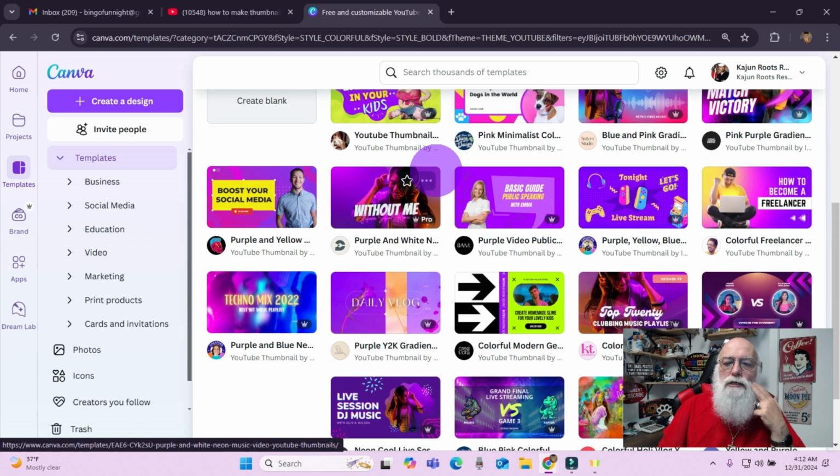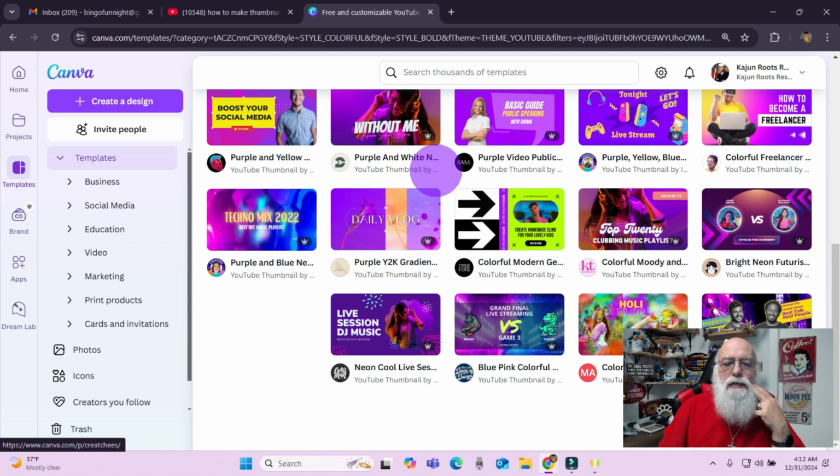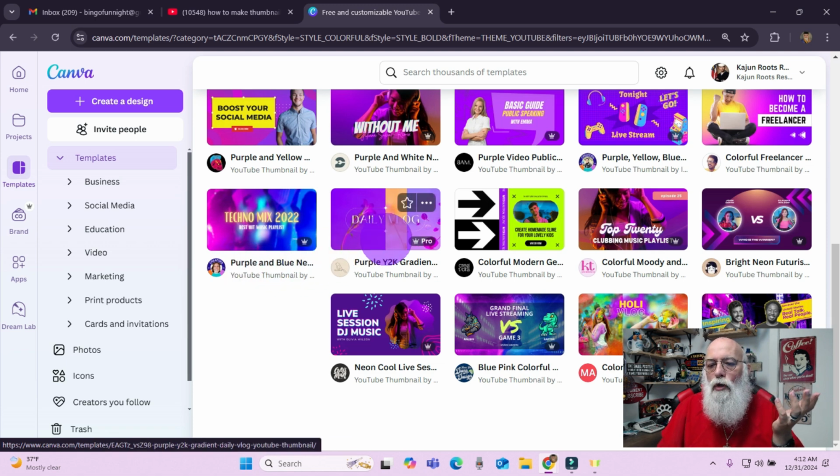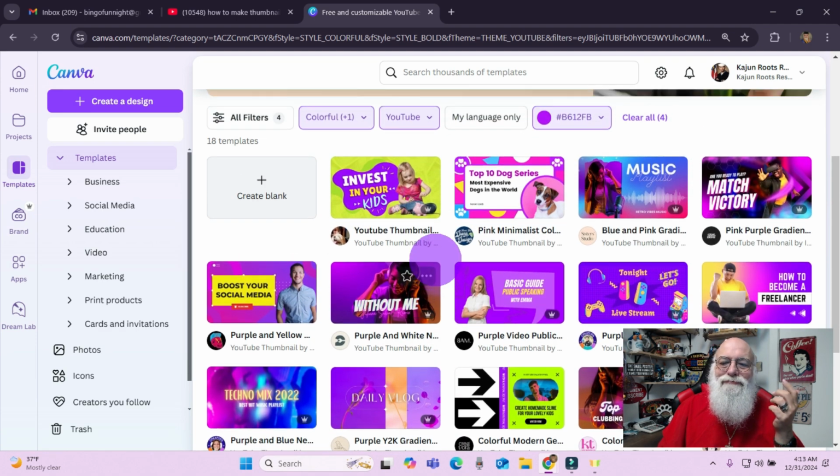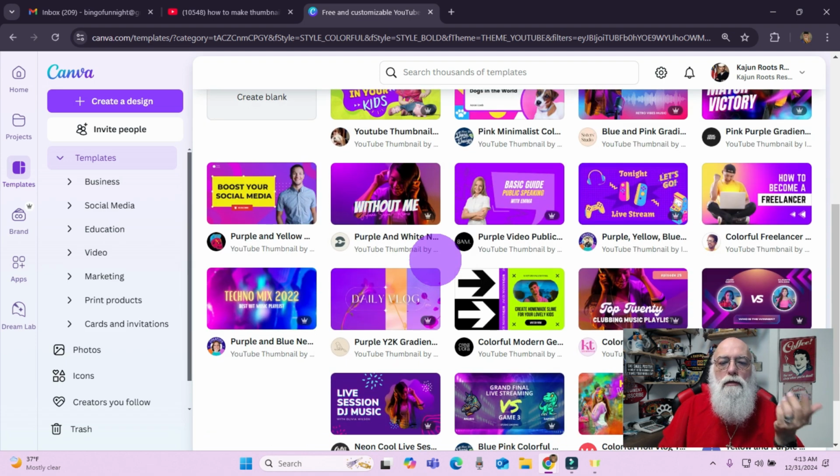So let's scroll through this, and I want to see what do they have available. Now that one's okay. I use a lot of that one with that purple and blue neon background, because that's my go-to color. Let's see here. Don't see. Well, guess what? It's okay if you don't see what you really want, because you can turn around and say, for example,